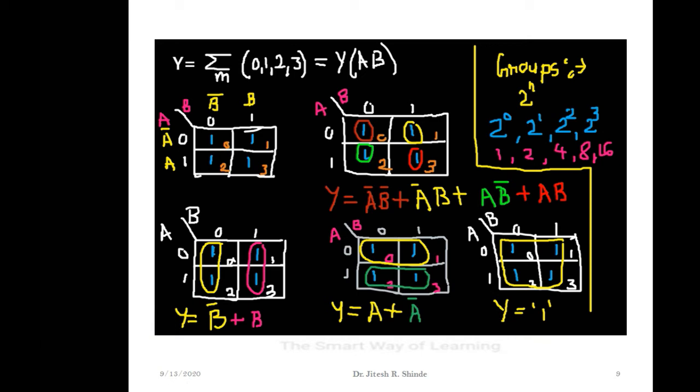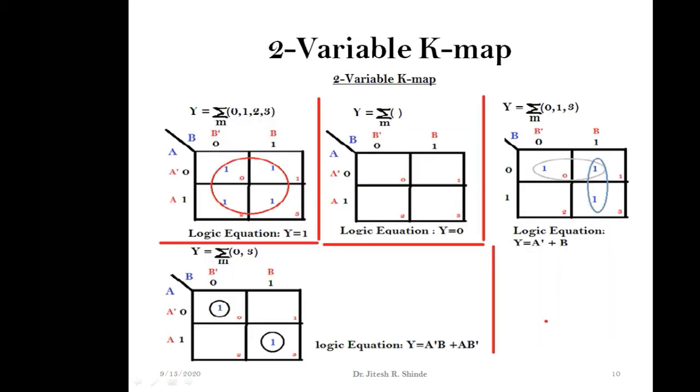So 2 variable K-map. Just now I had explained all ones, so output simply will be connected to 1. If y is equal to summation m with no terms, this signifies that for no input pattern are we getting output equal to 1. Means for all the input combinations I am getting output y equal to 0. So no ones are coming, so I am keeping all the boxes empty here. Nothing here, no ones in the block, signifies that the output will be connected to the ground, that is y is equal to 0.